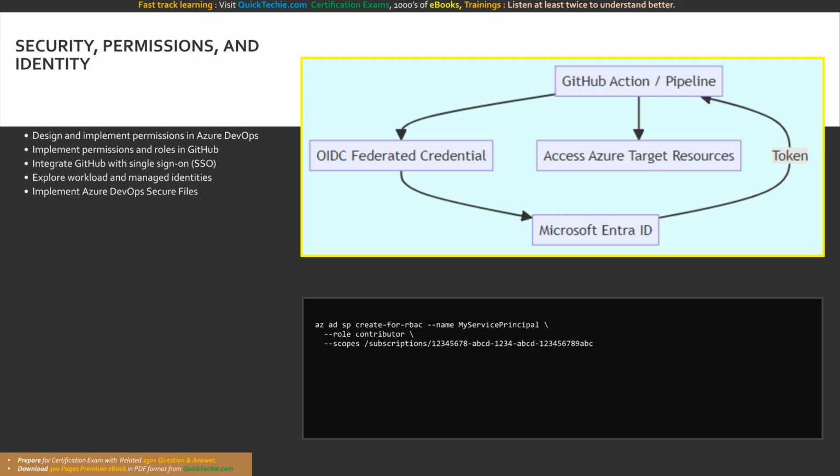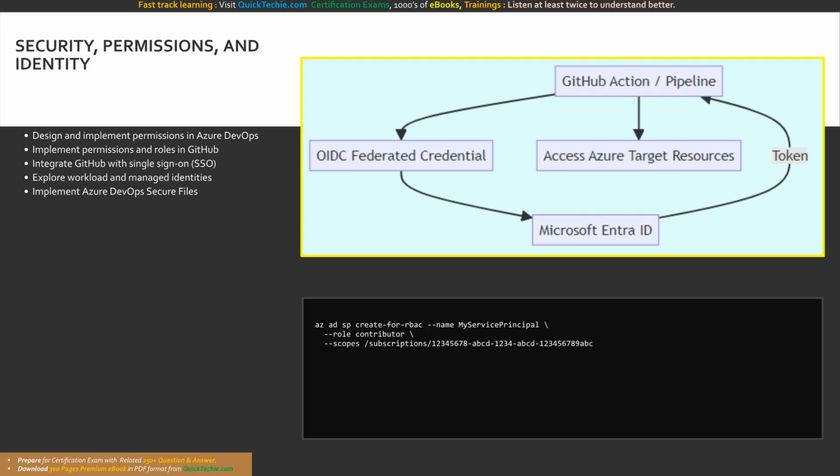You will be explicitly tested on your applied ability to securely design and implement robust granular permissions and structured security groups natively in Azure DevOps, absolutely ensuring the foundational principle of least privilege is strictly applied to enterprise projects, source repositories, and deployment pipelines. Similarly, you must conceptually understand how to securely design and meticulously implement permissions and collaborative roles strictly within GitHub. Securely integrating these foundational platforms with centralized identity management systems is indisputably essential for maintaining broad enterprise